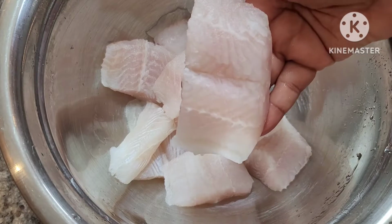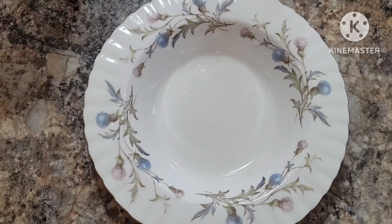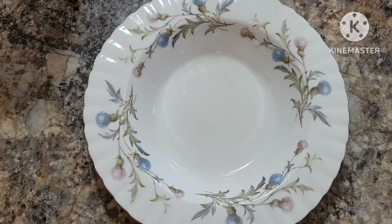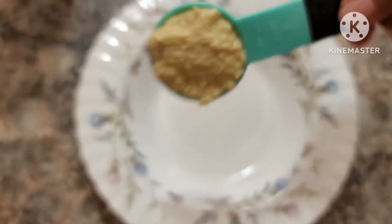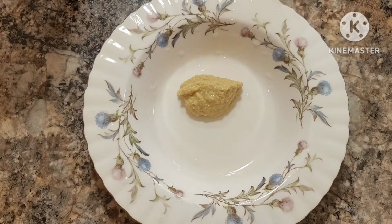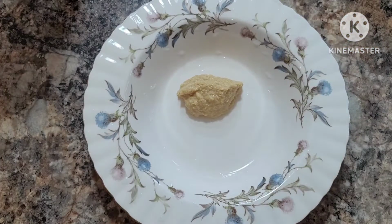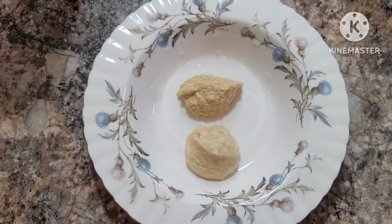So anyway, I've cut these in about 2 inches wide and probably 4 inches long, and we are going to marinate these fish pieces. So for that, I'm taking 1 tablespoon of ginger paste and 1 tablespoon of garlic paste. You could make your own ginger garlic paste if you have fresh ginger and fresh garlic, but here I'm using ready-made